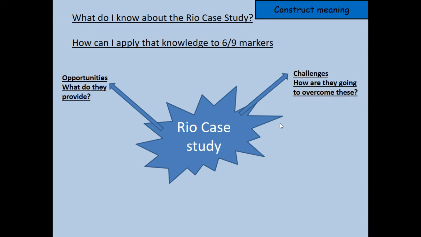Healthcare. There's not going to be a hospital in the middle of a hillside in a favela. You would need to go into the town. It might not be free. It might cost money. The houses as well. The houses are made of makeshift things. They're made of corrugated iron, of loose bricks, of things like that. So how are they going to overcome these?